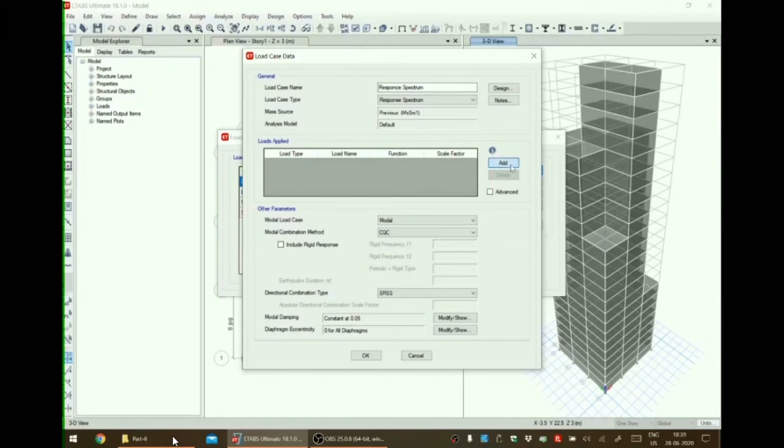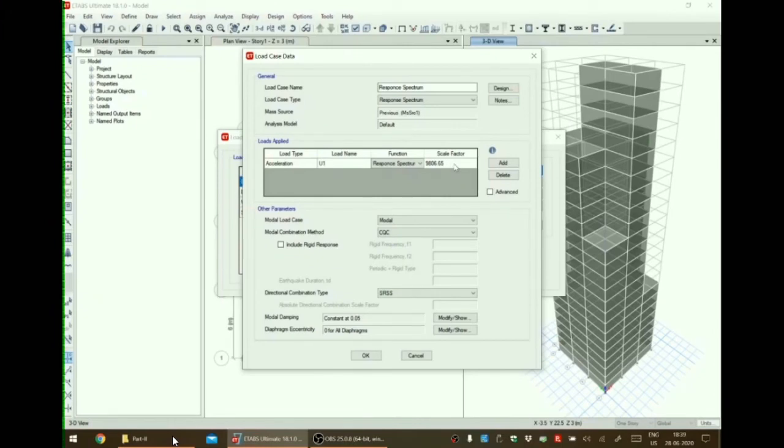Then we have to add acceleration, load name U1. The function will be response spectrum. The scale factor will be Ig divided by 2R.